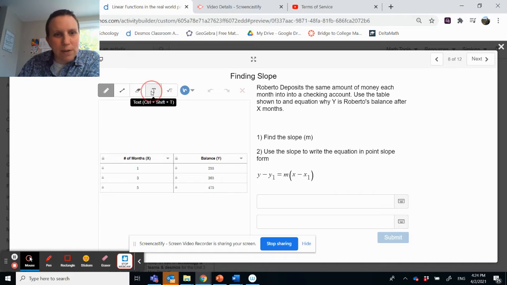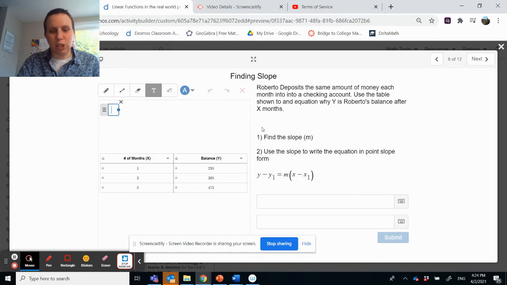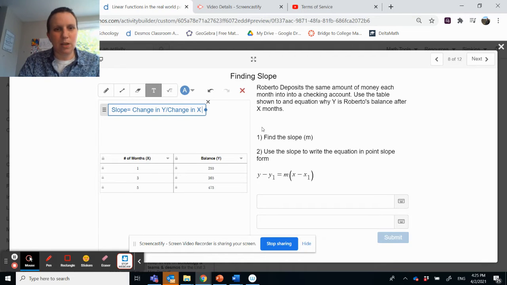So there are two ways to find slope, but remember that slope is the change in y, so how much the y changed, divided by the change in x. One way to find slope is to use that change in y over change in x. The other way is to use the slope equation, which is y2